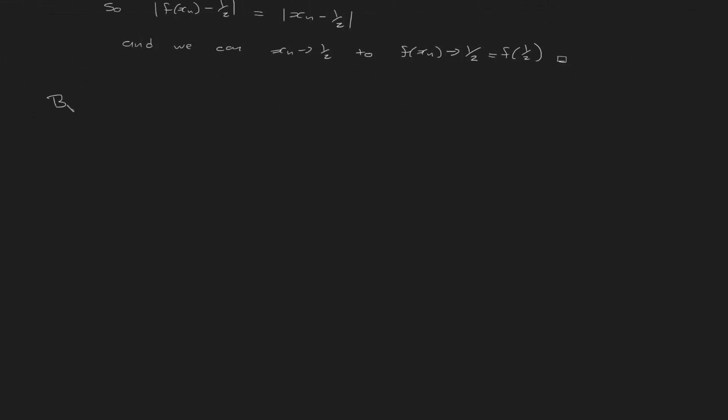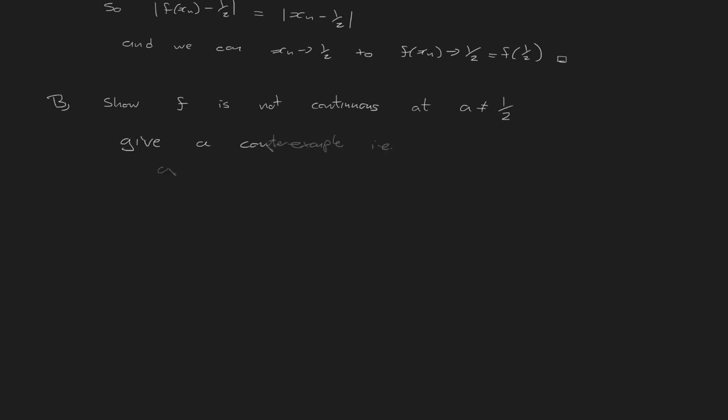So then part B. This is to show f is not continuous at a not equal to 1/2. And this hinges on two different ideas. Recalling the definition of continuity, any given sequence converging to my value of a must give me a new sequence, f of xn, converging to f of a. If that must be true for every single sequence, then in order to show that something is discontinuous, I need to give only one sequence. So in other words,